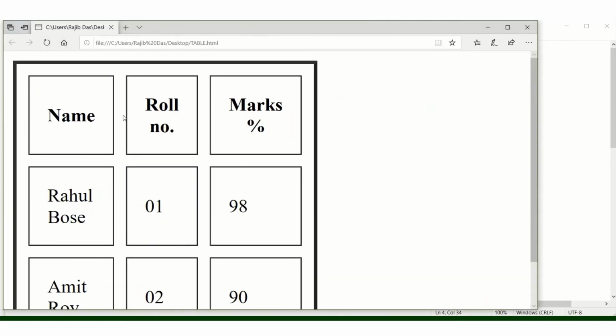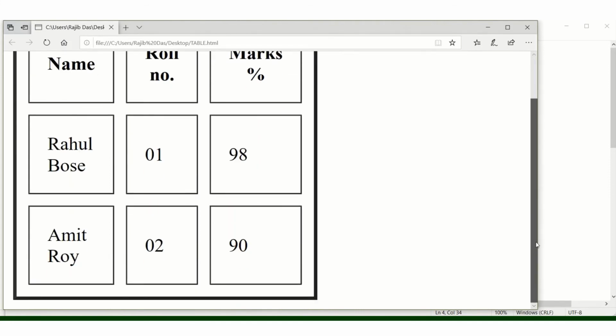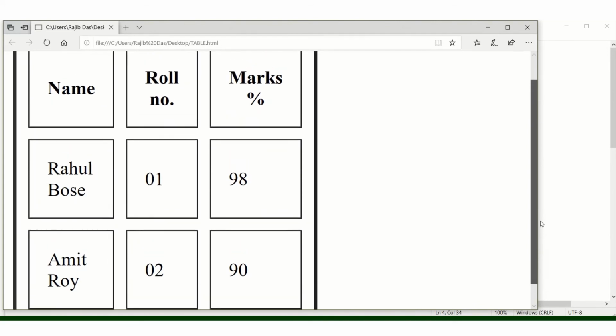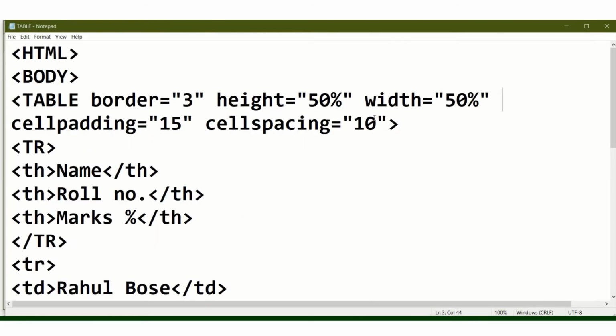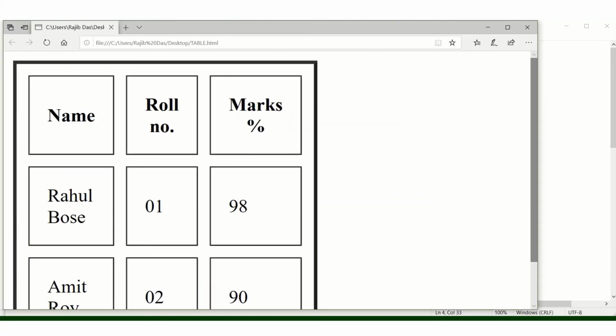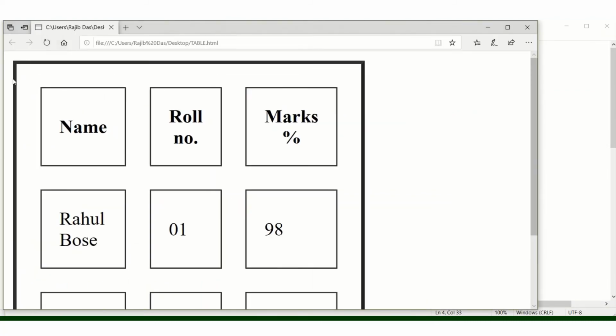See the space between two cells. So now our table is this. See the table. In this way we can specify the cell space. If you increase, then this size increases. Suppose I am writing 20, so save, then go to the page. See, now again larger, larger than previous. So in this way we can specify the cell space and cell padding.